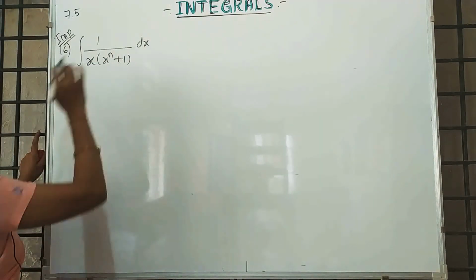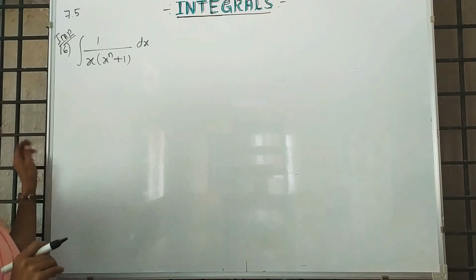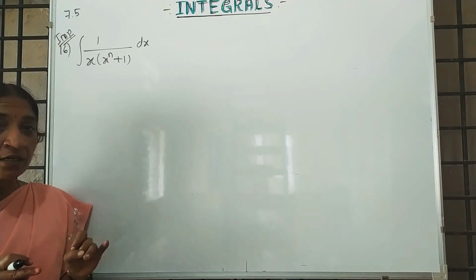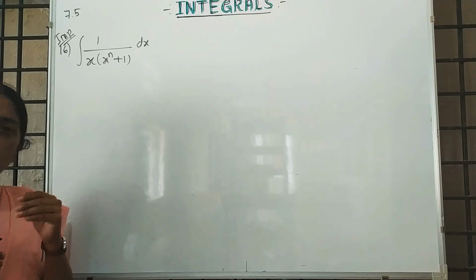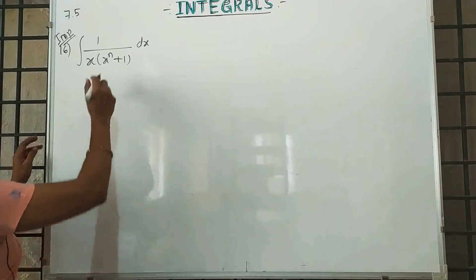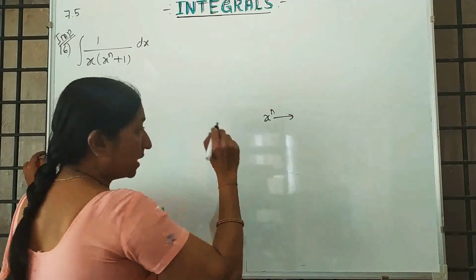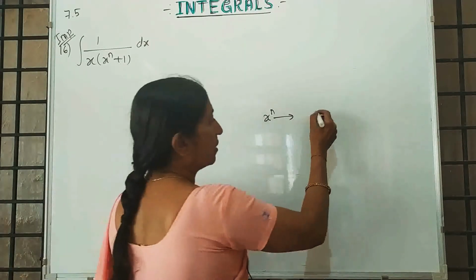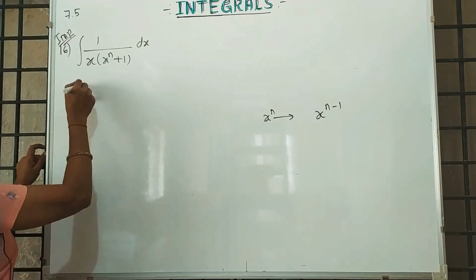Here we don't know the power, that's why we are not applying partial fraction. Directly we are not applying partial fraction. If the power is known, if it is a square you know the splitting, but for cube we have not done it. So without knowing the value of n, we cannot go for the partial fraction. So one term less than x raised to n is x raised to n minus 1. Please note down this step.